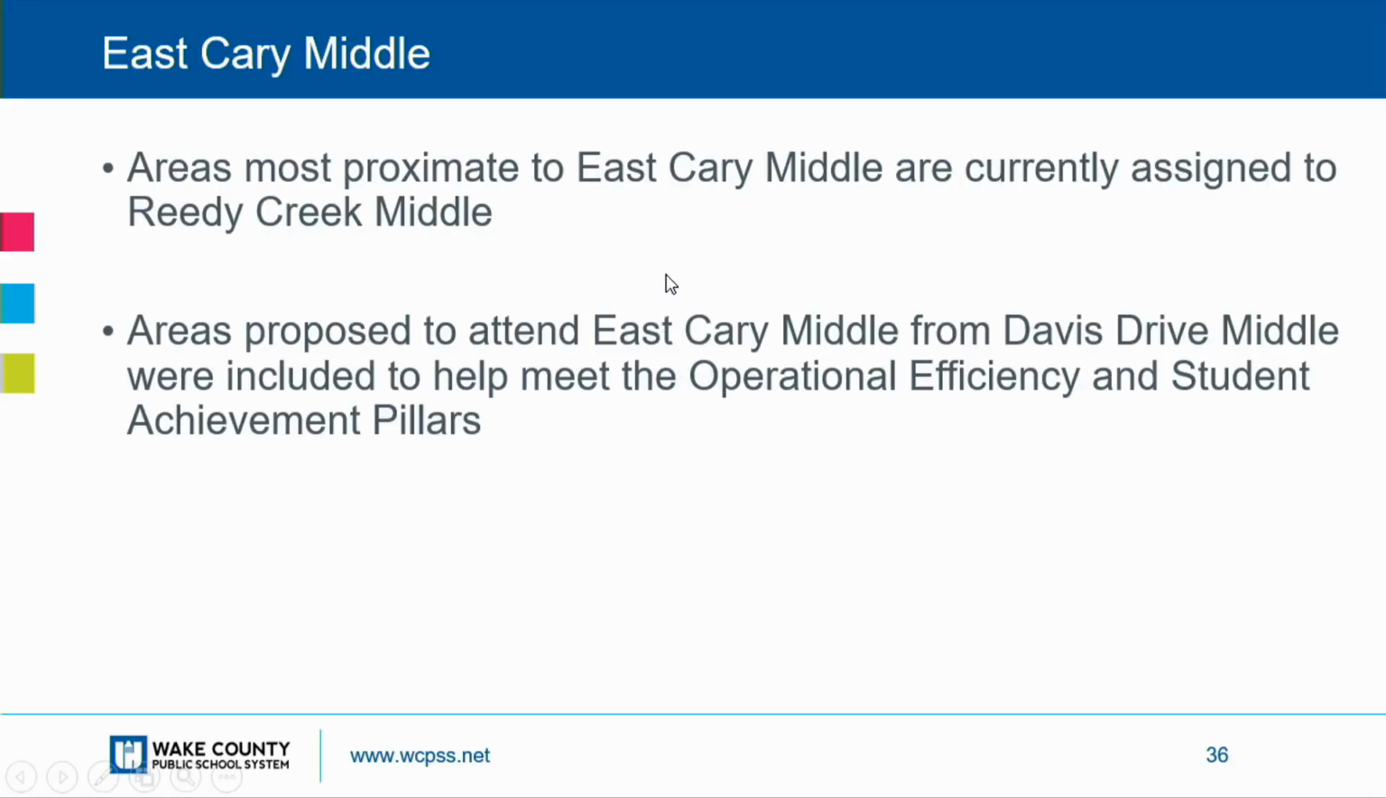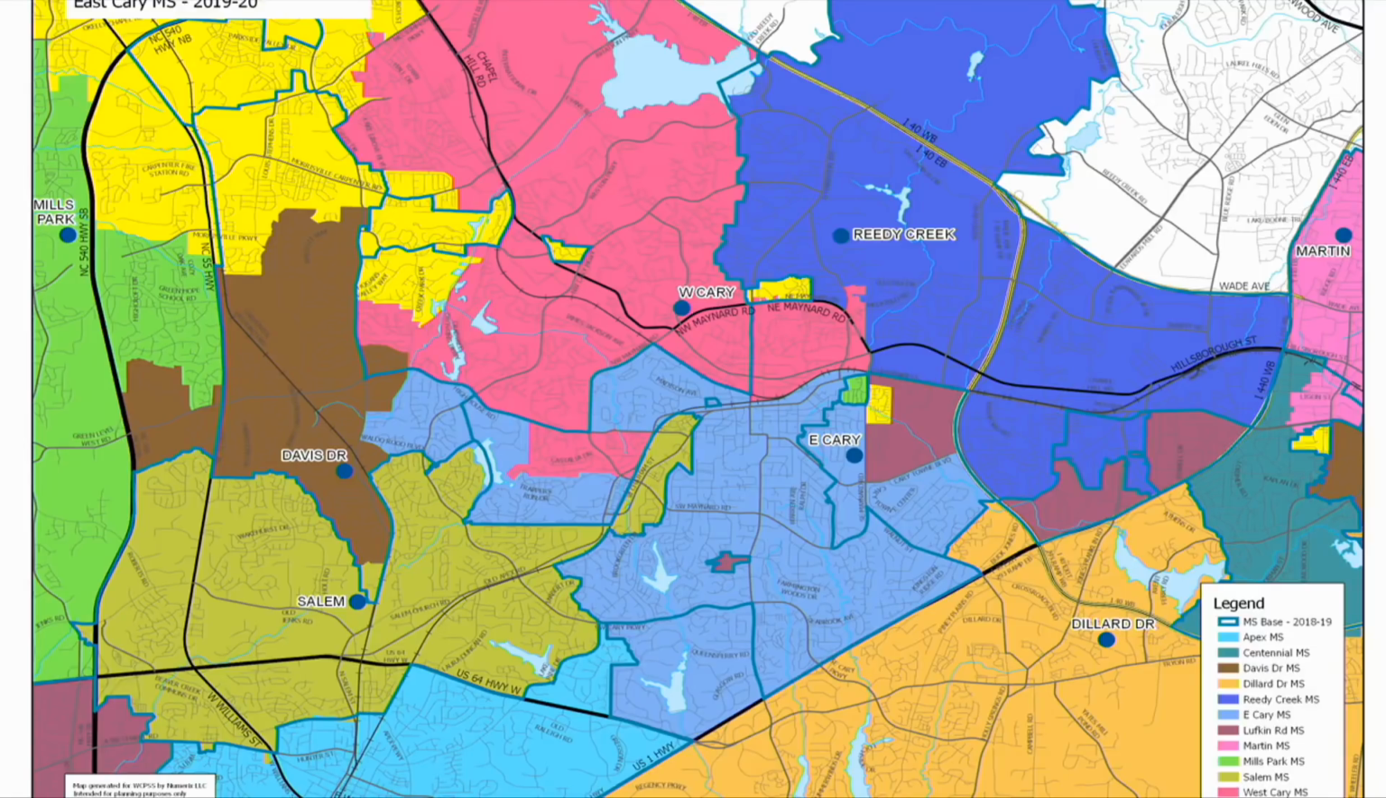So what we looked at is the areas that are most proximate to East Cary Middle School, and I'll show you on a map, they're assigned to Reedy Creek Middle School. Many of the students pass East Cary Middle School to get to Reedy Creek. There are areas that are proposed to East Cary Middle School from Davis Drive that were included to help meet the operational efficiency and student achievement pillars. Because as you look at this particular area,